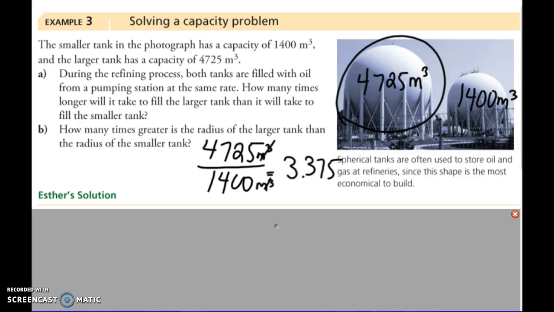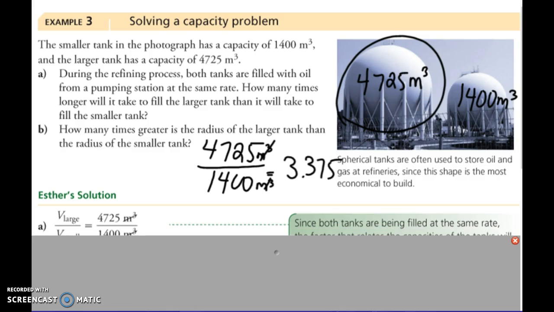And the second question was, how many times greater is the radius of the larger tank than the radius of the smaller tank? So remember, when we're talking volume, we're talking cubed. So if we took the cube root of 3.375, we end up with 1.5 as our scale factor. So that just means the inner radius of